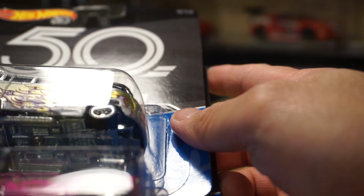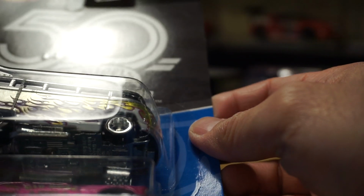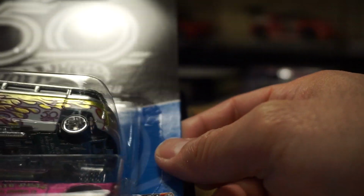Alright, so those are some new D-Case pieces. A few other pieces I want to share with you. I live in Maryland and we don't have Kroger's here, but I went to visit some family the last couple of days, and they have Kroger's down in Virginia, and I was able to find a Kroger that actually happened to drive by, so I stopped, and they actually had the 50th